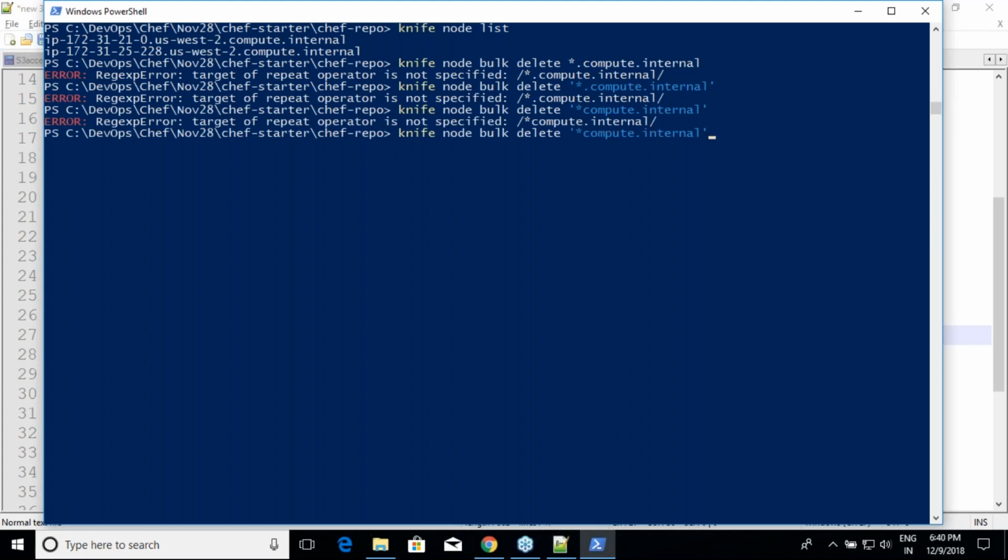Let me do the one wonderful thing. To my knowledge, star means all in regular expression.